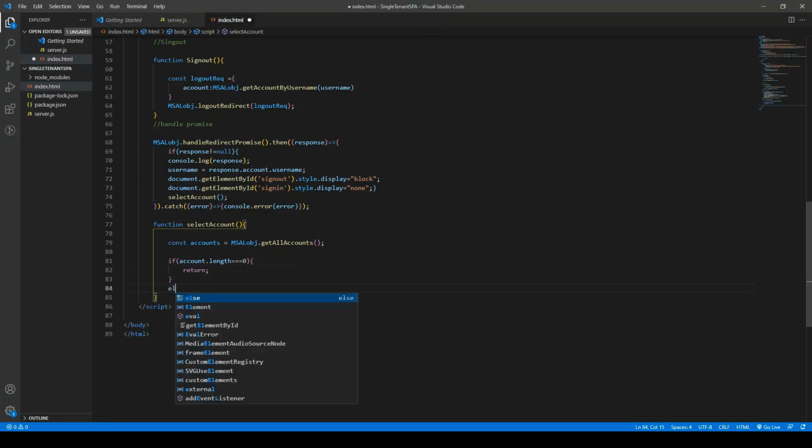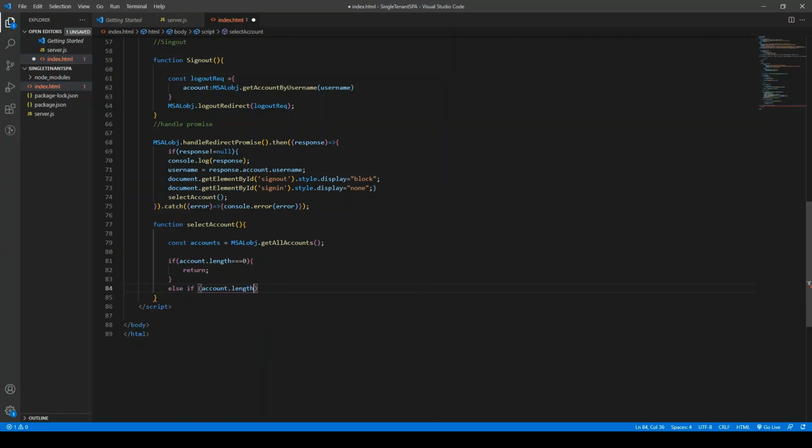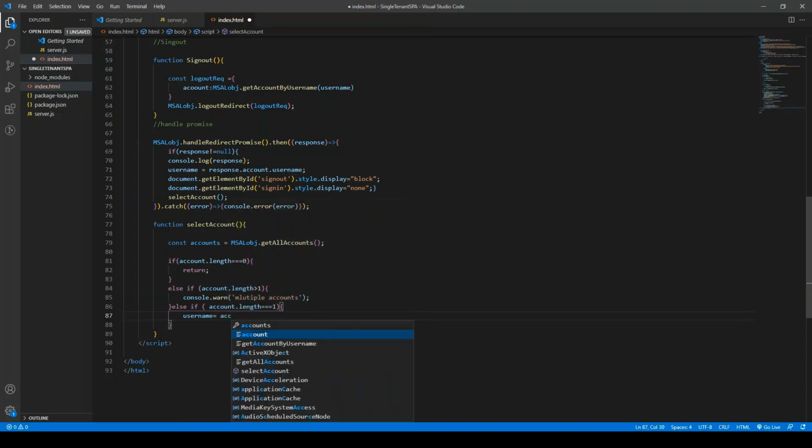and if there are more than one object, then just give a warning. Now, in case there is only one object, then what I am going to do, we will again fetch the username from the account which we already have.